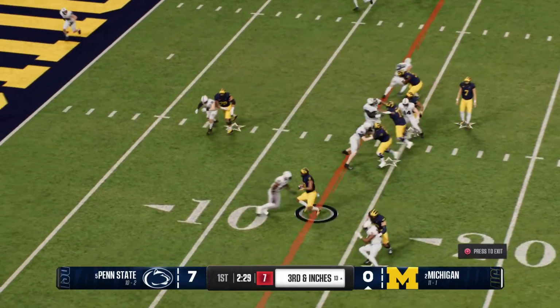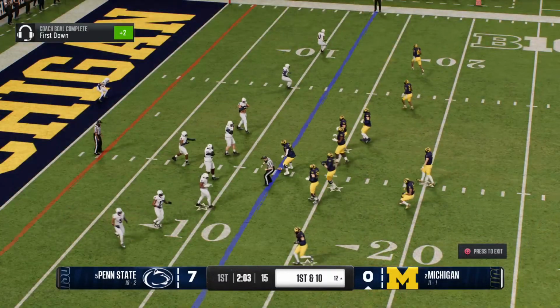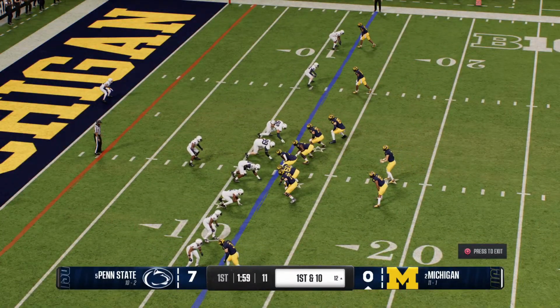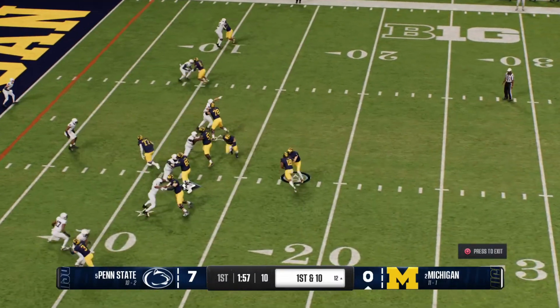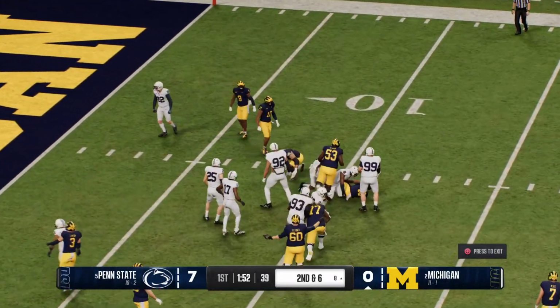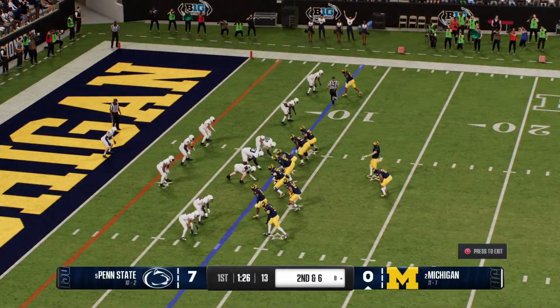They'll try to pick up the third down yardage on the ground. Good enough for first down yardage. The running play gives the offense a fresh set of downs. Handoff from the shotgun. Defense gets him down, but they'll take the gain on that play. So down here in the red zone, every yard tough to find.